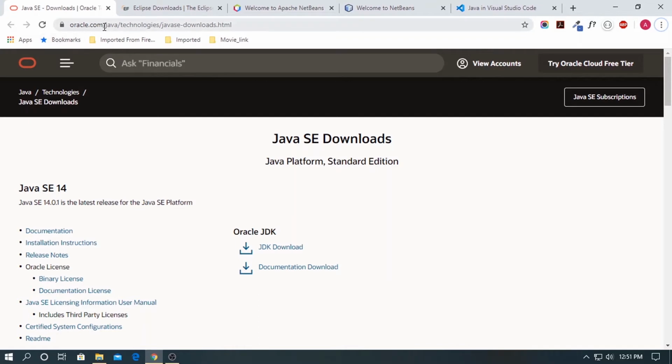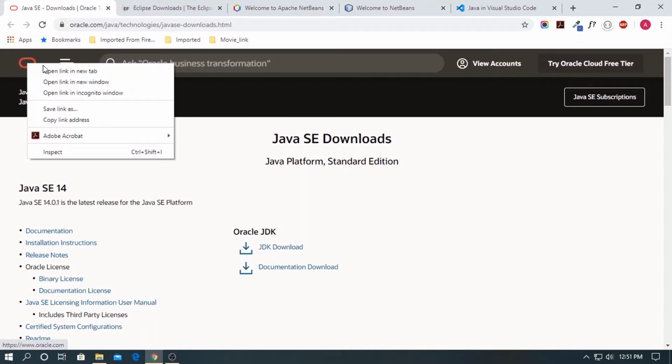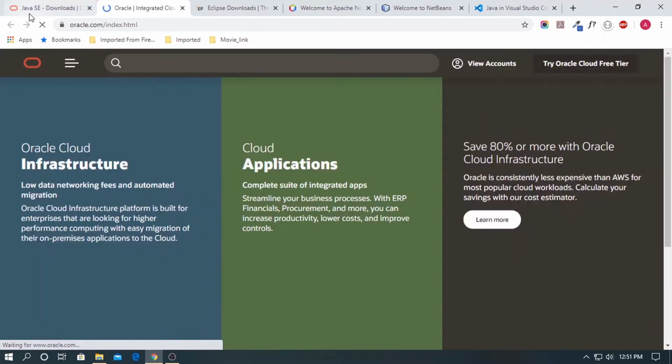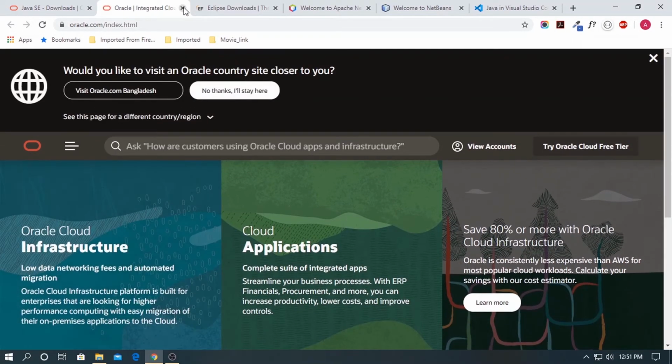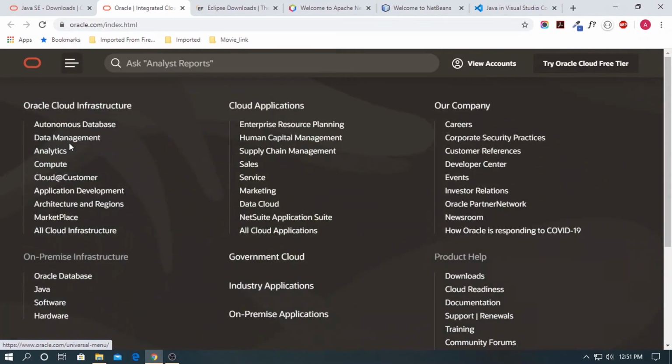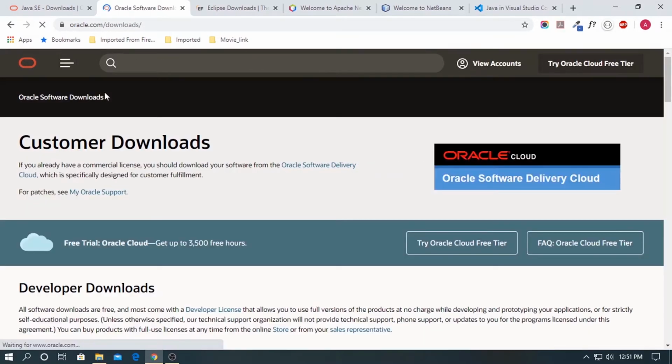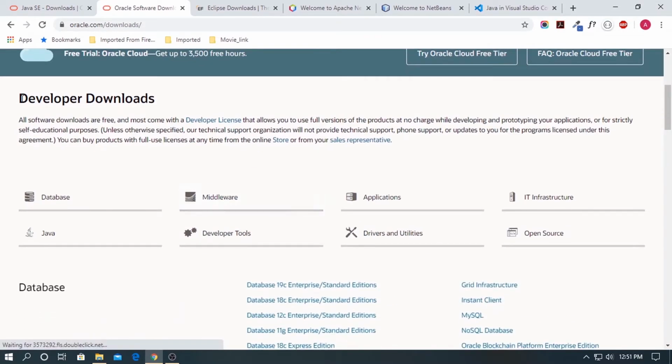We can go to oracle.com/java/technologies/javase-downloads.html, or we can find it from the homepage: Downloads, Developer Downloads, Java.